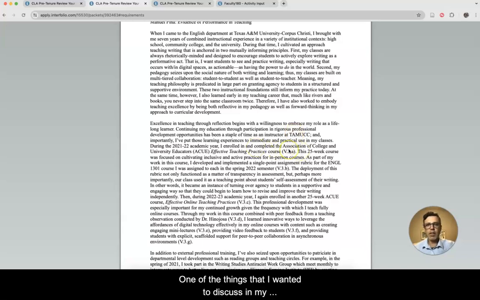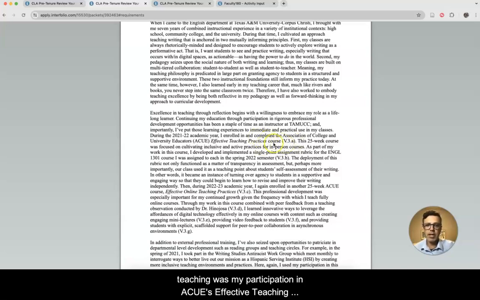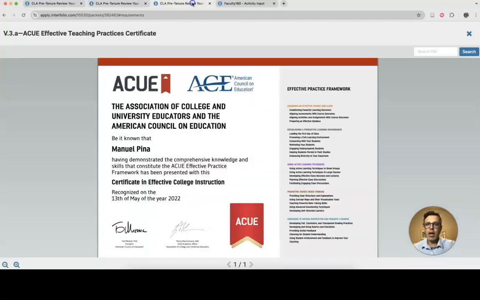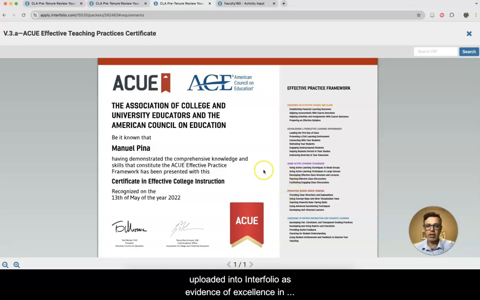And so one of the things that I wanted to discuss in my teaching was my participation in AQ's Effective Teaching Practices and Effective Online Teaching Practices professional development course that the university provided to me. And so you can see in the letter, when I reference that course, I have a parentheses behind it with V.3a. And that reference is going to be the actual certificate that I've uploaded into Interfolio as evidence of excellence